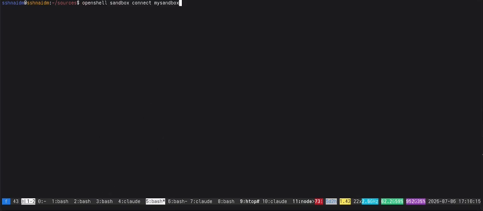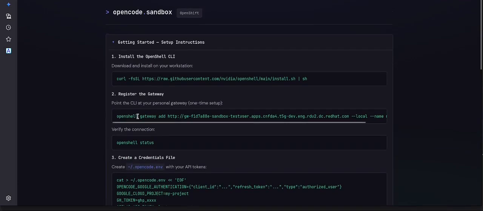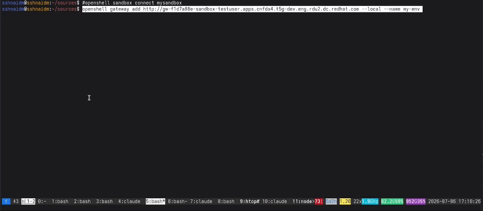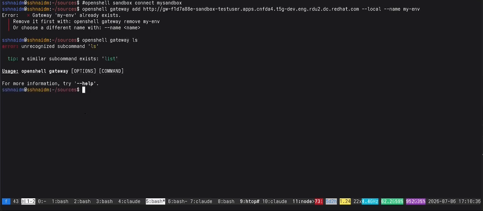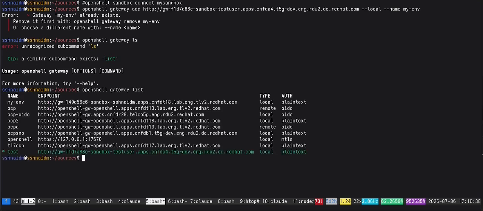Of course, before you need to add the gateway. In my case, I already added it, and we can see that it already exists. You can see your gateways list and see which gateway actually is active right now.